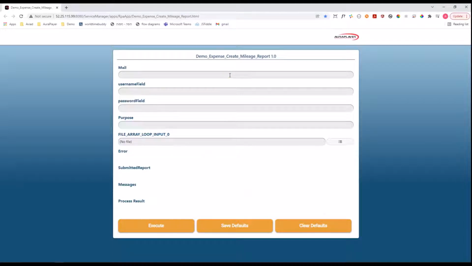The first input parameter that I need to enter here is the email address to get the confirmation mail. So I'll just add my own email here. Then we need to put in our credentials for the EBS system. And now we need to add the purpose of this expense report. Let's just put here: demo mileage